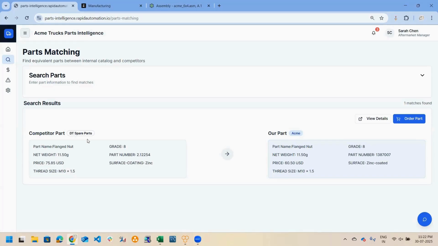This screen gives me key data about both parts, including description, key statistics, and price, giving me high confidence that we have a part that will function the same as the competitive part. This screen makes it easy to confirm that a good match has been found. Additionally, it'll give me any competitive differences, for example, price, but other areas as well. Right from the part matching results, I can